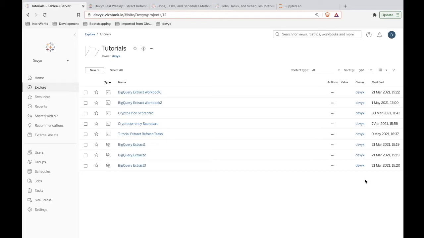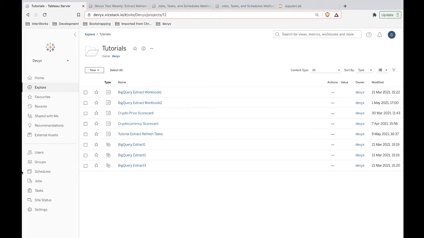By the way, this would only work for people who manage their own Tableau server environment or use a service like visstack.io, which lets you run on Tableau server, but they manage the platform for you. The reason it only works on Tableau server is that you need to be able to create schedules and manage schedules yourself. So on Tableau Online, Tableau manages those schedules for you, but in Tableau server, you can create